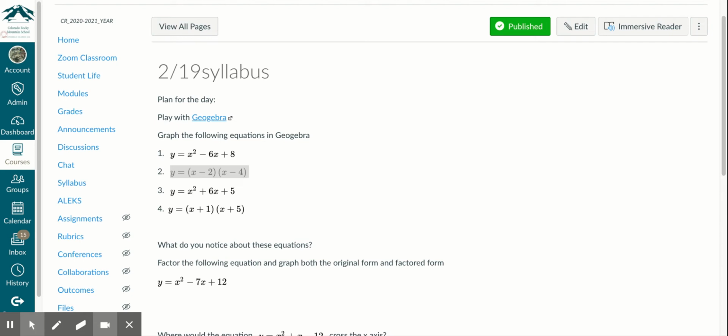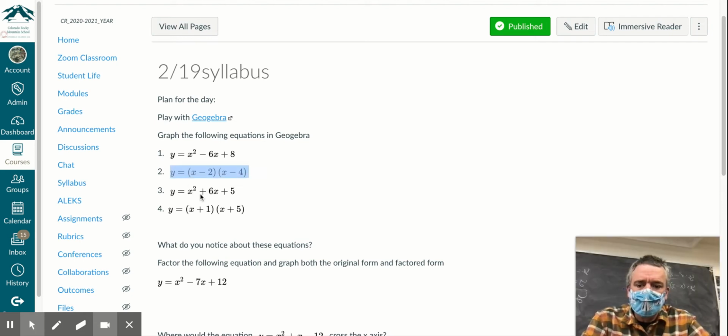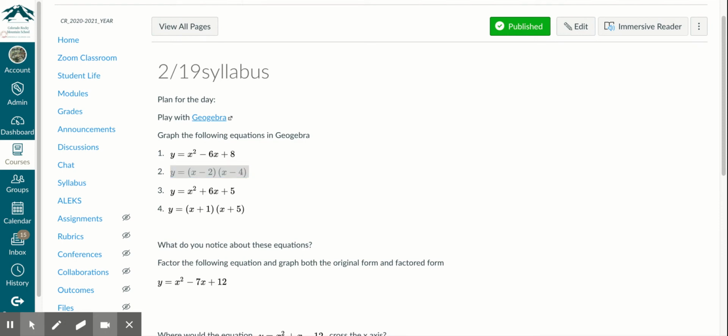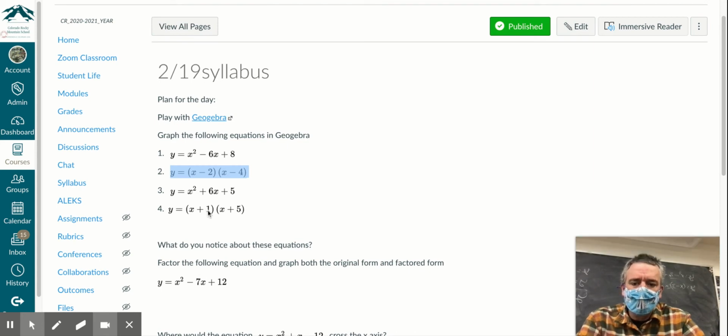Okay, let's graph the next equation. So we can go back to the syllabus and grab y equals x squared plus 6x plus 5. So I can just type that in right here, y equals x, shift 6, squared, arrow to the right, plus 6x plus 5. And just by looking at this, you can see my x-intercepts are negative 1 and negative 5. And if I type in the other one from the syllabus, x plus 1, x plus 5,